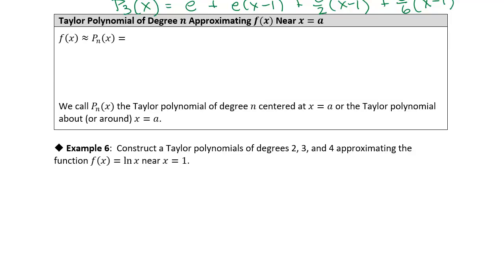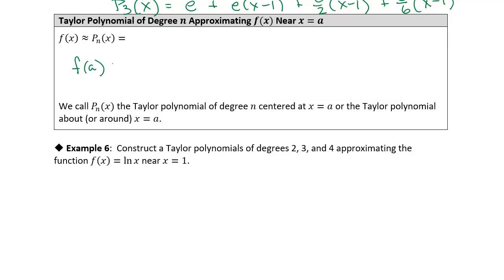All right, so let me give you the end result here. And this is the formula that you're going to use when you do your homework. All right, so if you want to model a function with a Taylor polynomial of degree n near x equals a, then the formula is you just take f of a, of course, because you want the functions to match at a,